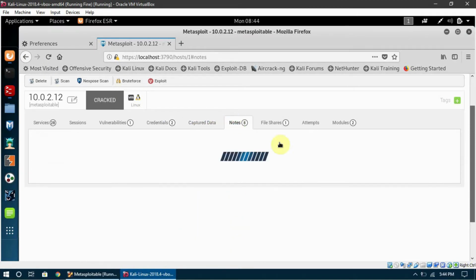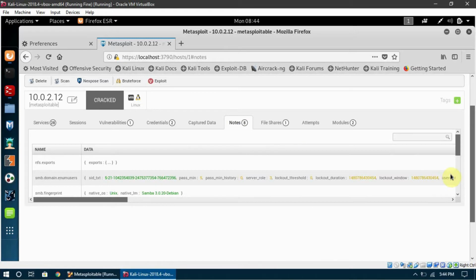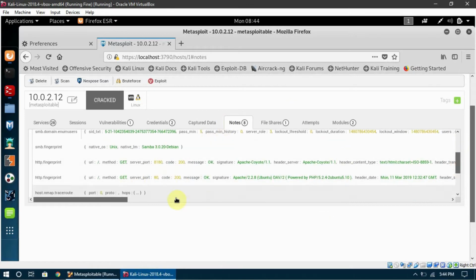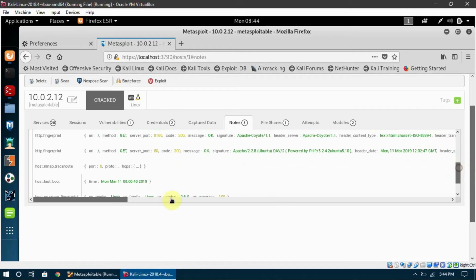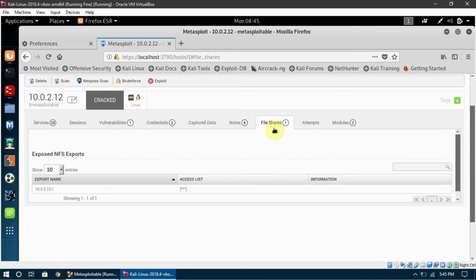Nodes are just information gathering nodes. You can just look into them, and they are going to tell you some more information about the server, what things are happening on the server and what is available on the server for us. File shares tell us if our target actually shared any files, so it is empty right now.